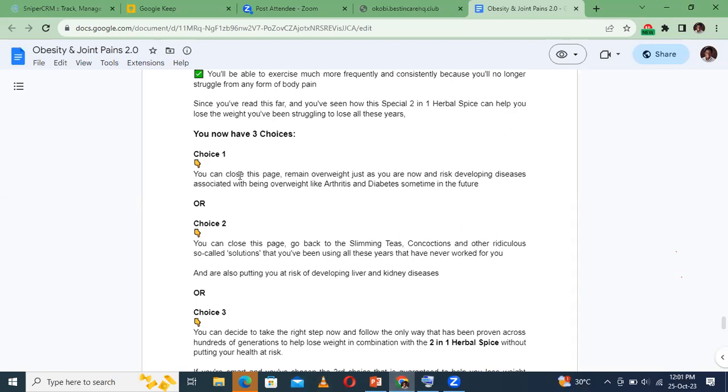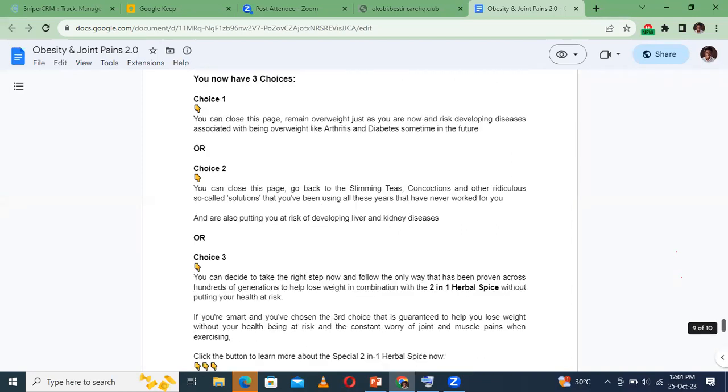Choice 1, you can close this page, remain overweight just as you are now, and risk developing diseases associated with being overweight, like arthritis and diabetes, sometime in the future. Or choice 2, you can close this page, go back to the slimming teas and other ridiculous so-called solutions that you've been using all these years that have never worked for you, and are also putting you at the risk of developing liver and kidney diseases. Or choice 3,